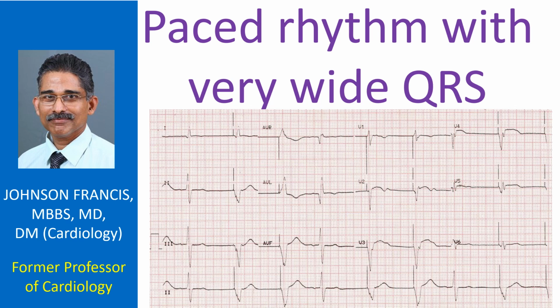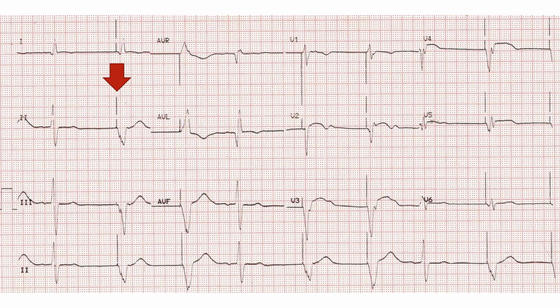What are the findings in this ECG and possible explanations? Most of the beats show a large pacing spike just before the QRS complex, indicating a ventricular paced beat, possibly